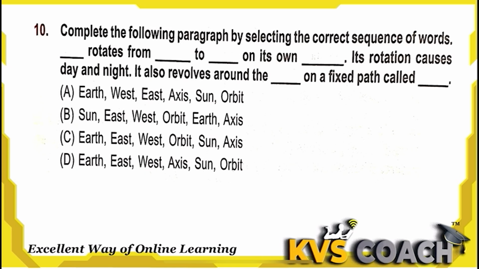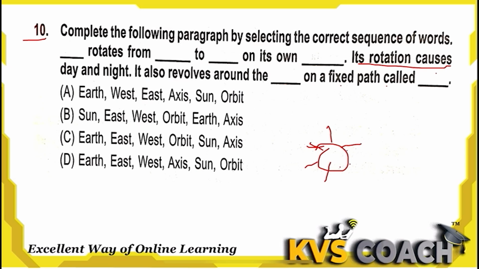Next question is, complete the following paragraph by selecting the correct sequence of words. Dash rotates from dash to dash on its own dash. Its rotation causes day and night. So which rotation causes day and night? Earth's rotation causes day and night. It also revolves around the sun on a fixed path called orbit. I already told you, Earth